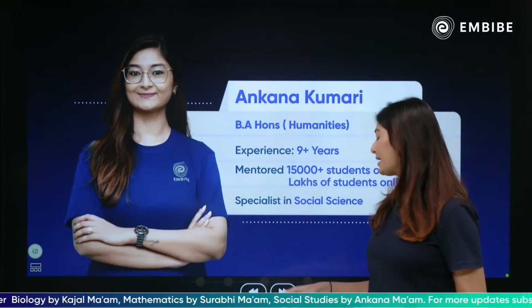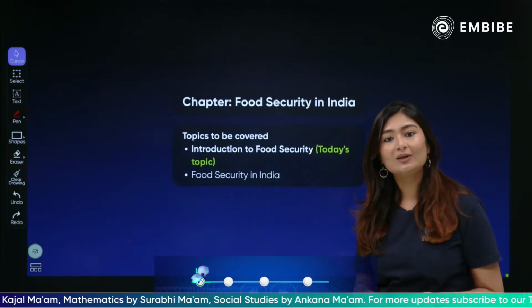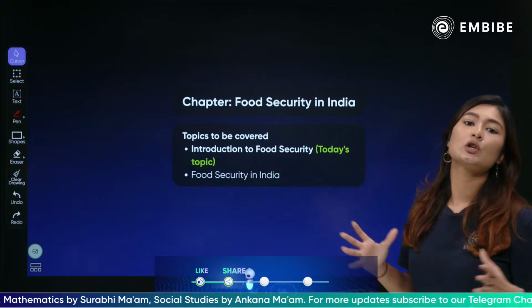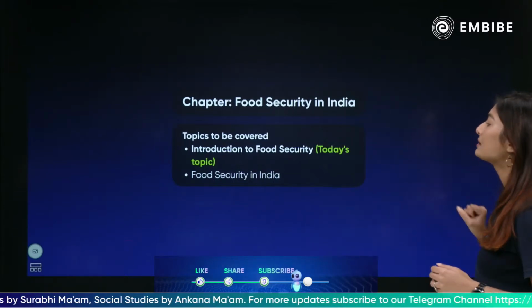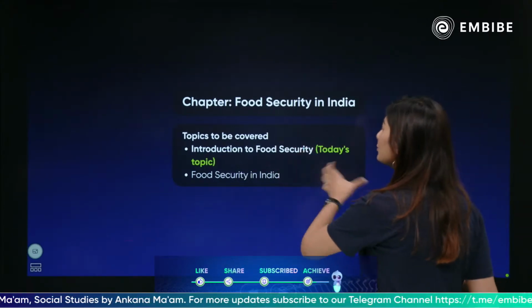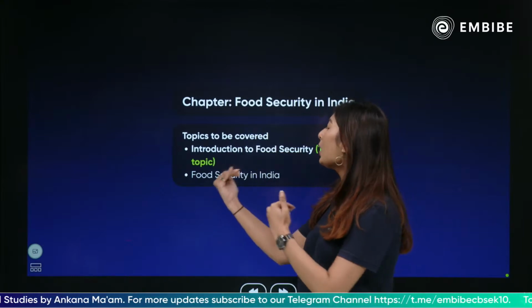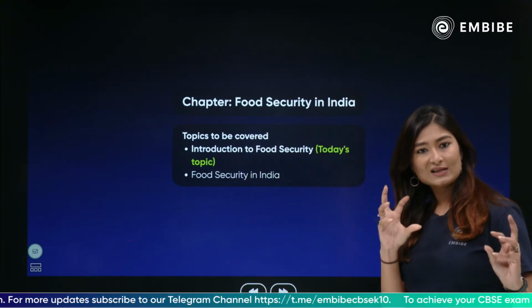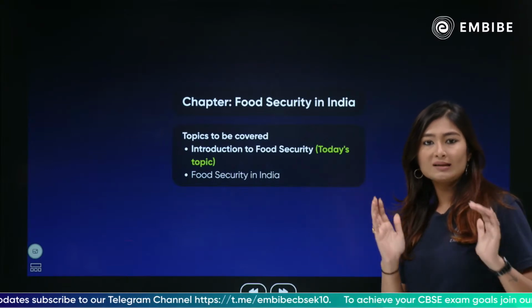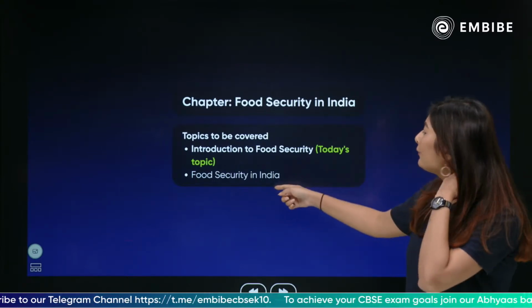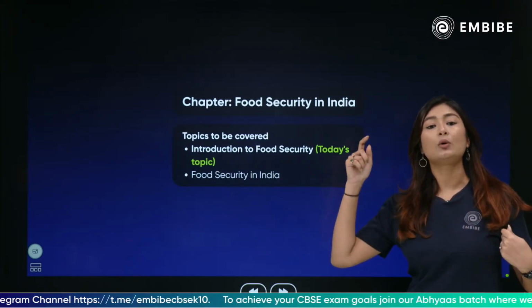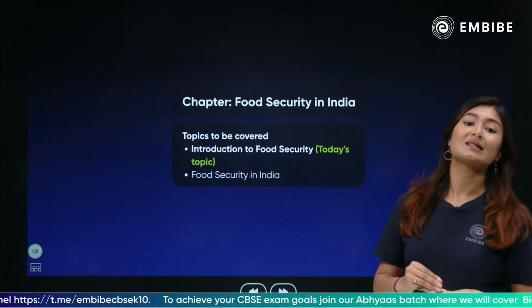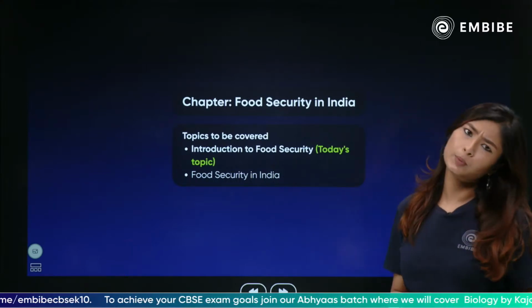Now that I've introduced myself, let's also talk about the chapter. Chapter बच्चे इन topics में हम majorly divide कर सकते हैं. Chapter है हमारा food security in India. First of all, introduction to the food security and how do we ensure food security. Now it may seem like two very small topics, but इसमें बहुत सारे elements हैं. For example, food security in India में we will understand how do we ensure it. And what are the various schemes, what are the challenges, ये सब कुछ करने वाले हैं हम.